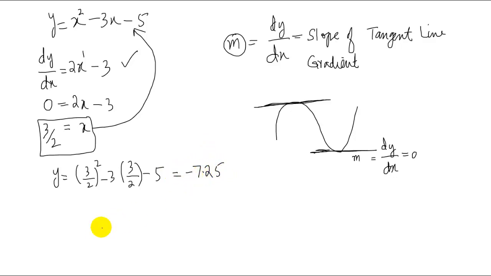So the coordinate of the turning point is 3 over 2 comma minus